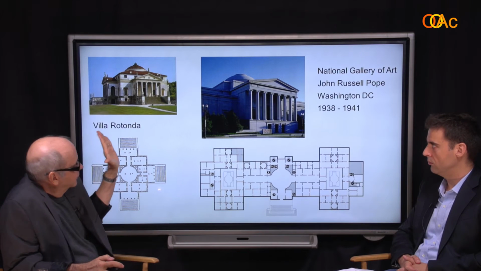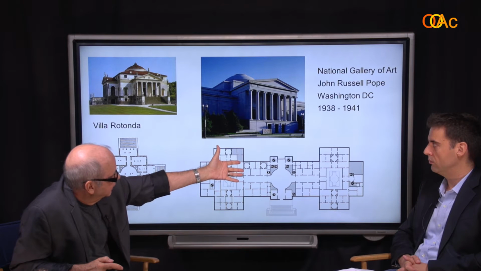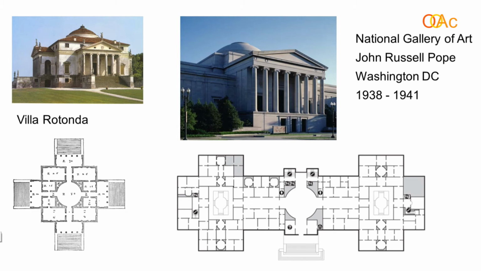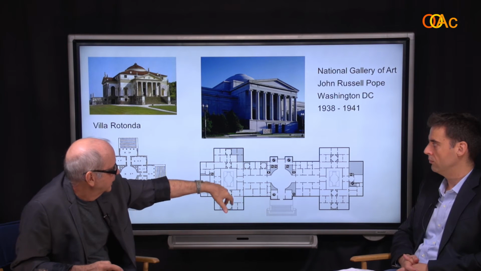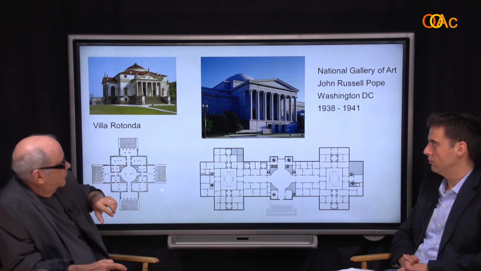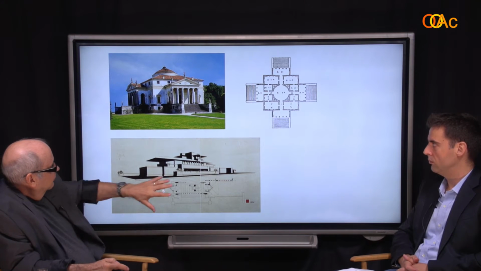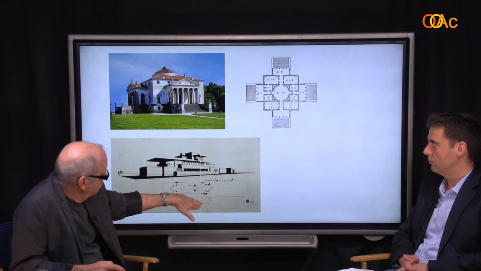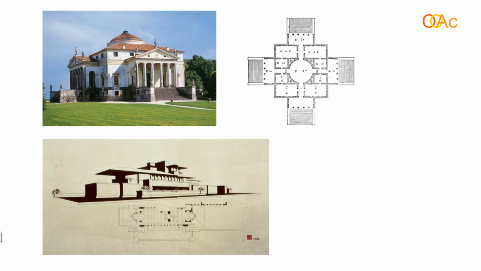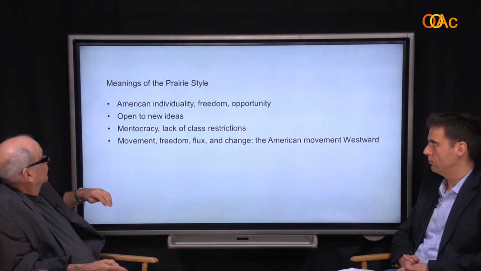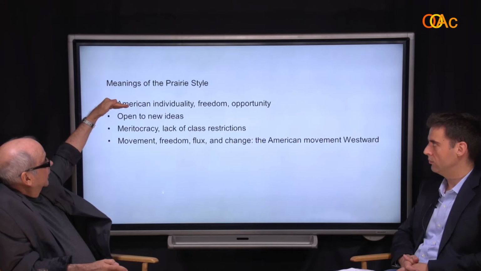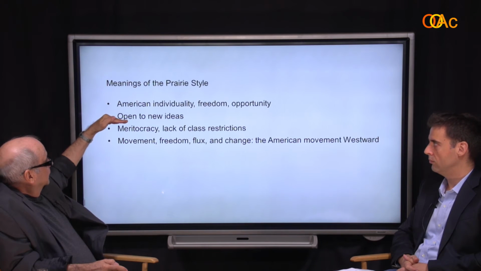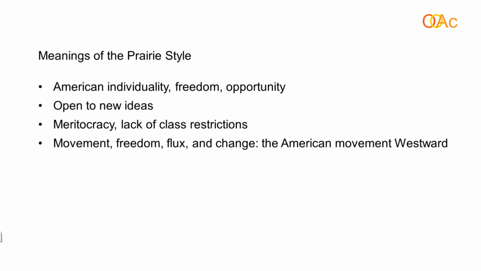And this idea carries right into the 20th century. Here we are in 1938-41, the National Gallery by John Russell Pope, very much in this style. Frank Lloyd Wright is already in his third period at this point, but a lot of people are still hanging on to the centralized humanist notion. And Wright's rejecting that for the human being moving, becoming a part of nature and moving with nature around the asymmetrical house. So, the meanings: American individuality, freedom, and opportunity, open to new ideas, meritocracy, lack of class restrictions, movement,